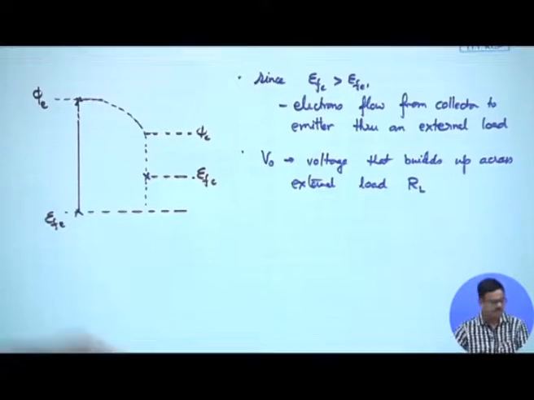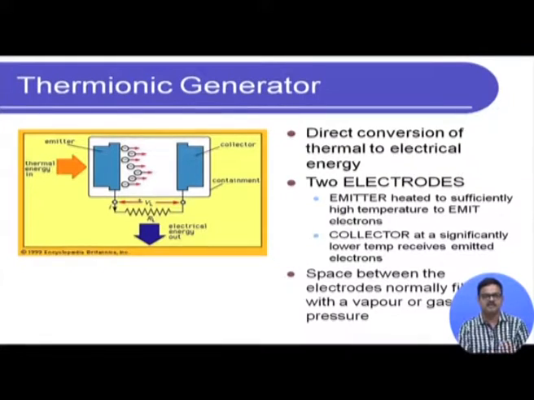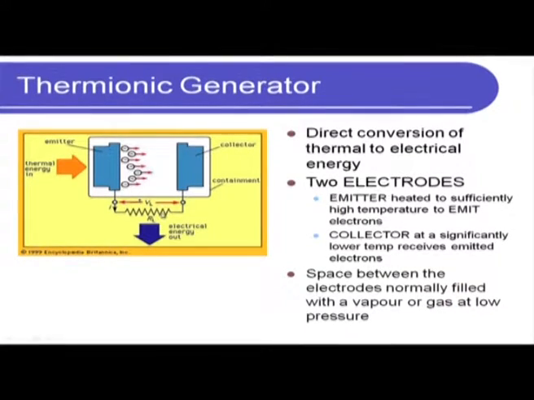Again recall, maybe from the slide itself, we see that RL is this external load, and VL is the voltage that we will measure once the current starts flowing. Remember, the electrons are flowing from collector to emitter, therefore the direction of current flow will be the direction of electron holes, or opposite to that of the electrons, which is from emitter to collector. So, this is how we get electrical energy out, as we saw. Clear? So far so good, but what happens is the following.